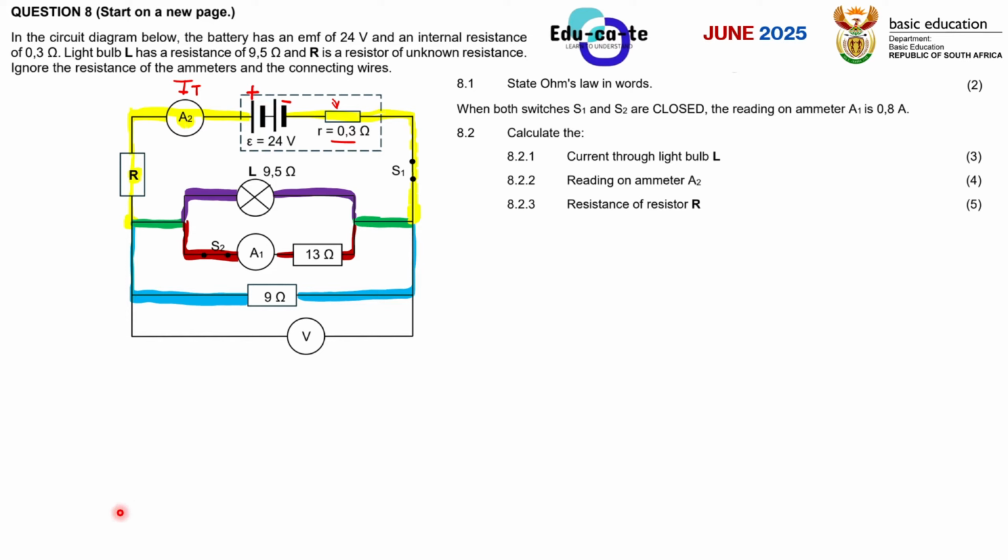8.1, state Ohm's law in words. I've been stating Ohm's law for millions of years, but I'll state it one more time here. When they say state Ohm's law, you just have to tell us about the potential difference and the current, those two. So we say that the potential difference across a conductor, or you can say across a resistor,